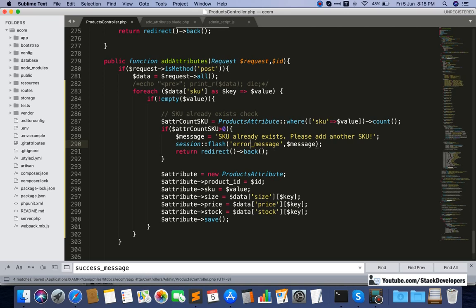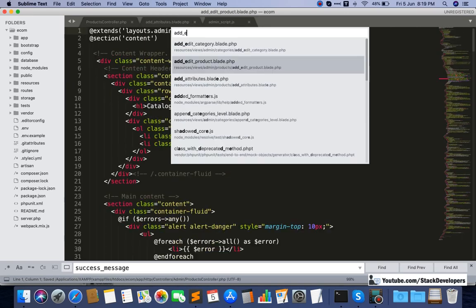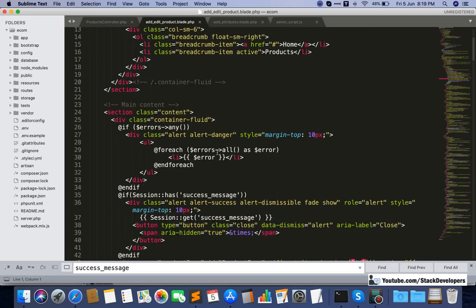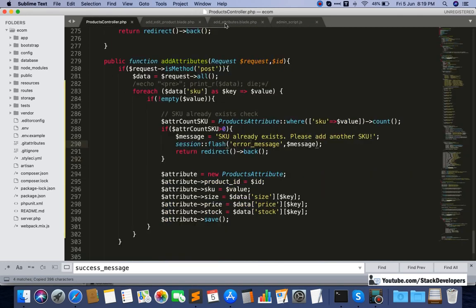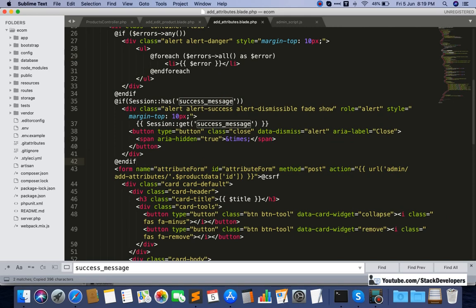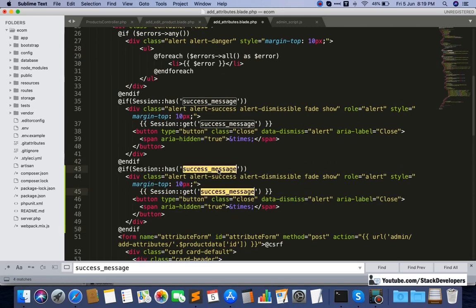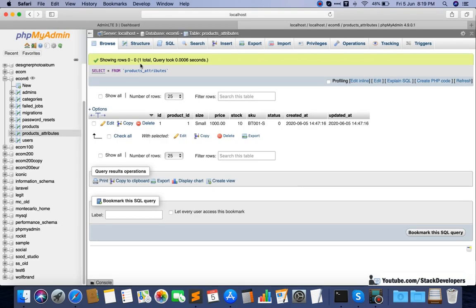Okay, fine. I am going to open where we have shown the error message, like this is the case. Now we are going to show such a kind of success, and here the error message. Here, instead of this one, we are going to show the warning. Now I'm going to try.